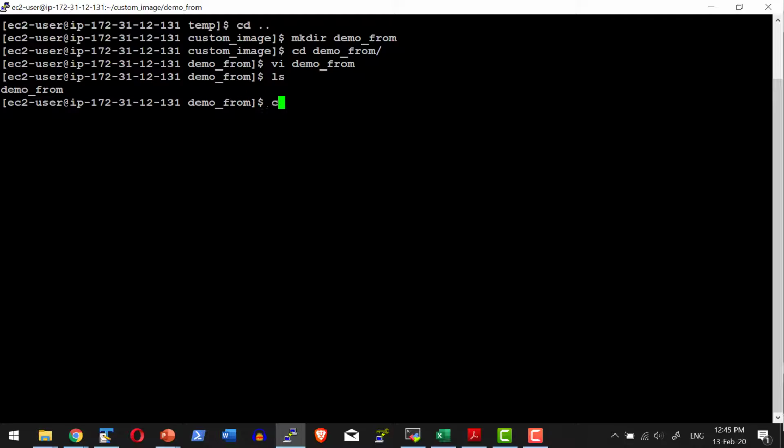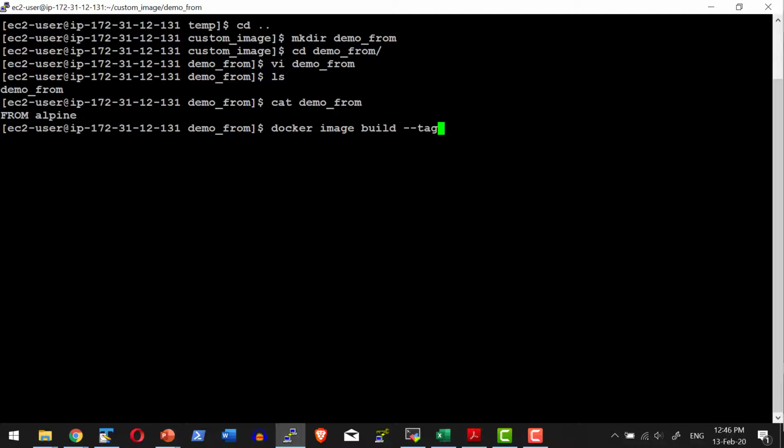So I do have this particular demo_from file. I'm going to use this file and do a build. Let me go ahead and issue the docker build command, docker image build. Let me tag the image as demo_from. Let me add the tag 1.0 to it.